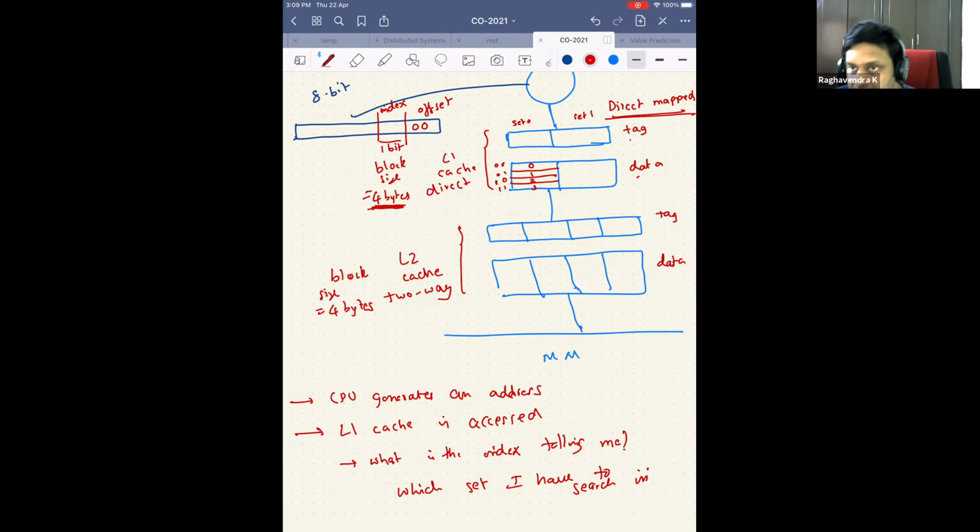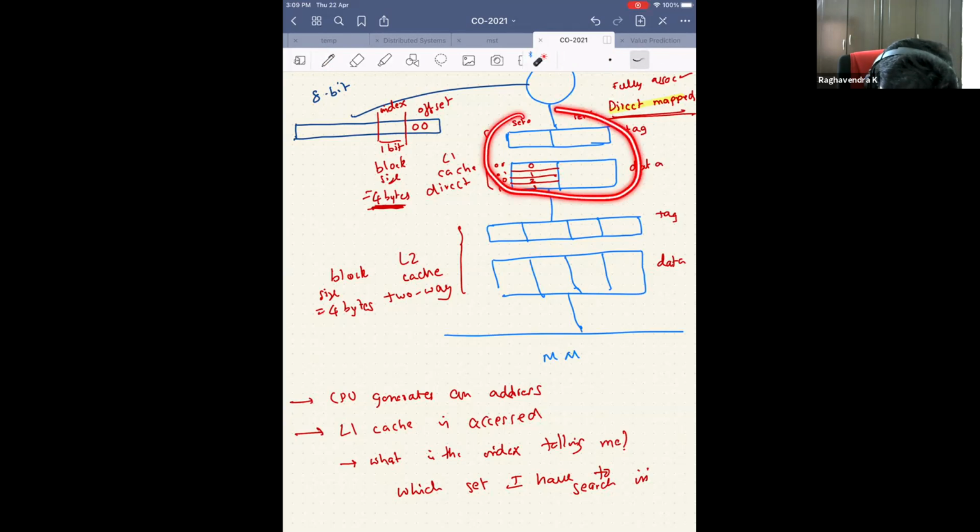Let's say instead of this being a direct map cache, it was fully associative. Then how many bits would you have needed in the index? 0, right? Because this entire cache is a single set.